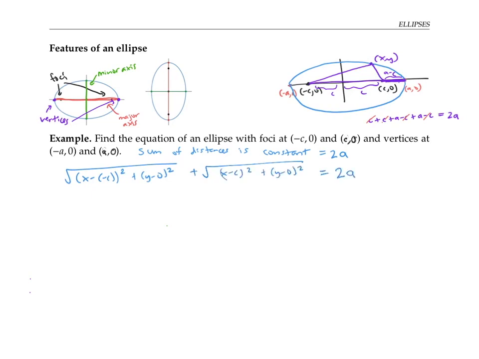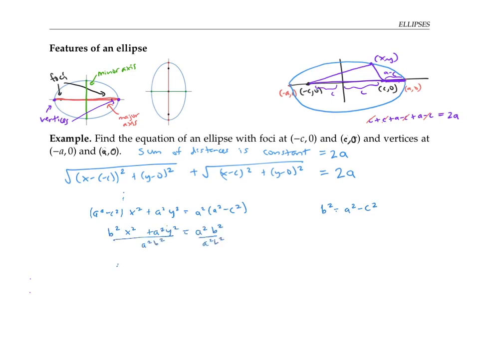After a fair amount of algebra, this simplifies to the expression (a² − c²)x² + a²y² = a²(a² − c²). If we let b² equal a² − c², then we can rewrite this as b²x² + a²y² = a²b², and dividing both sides by a²b²,